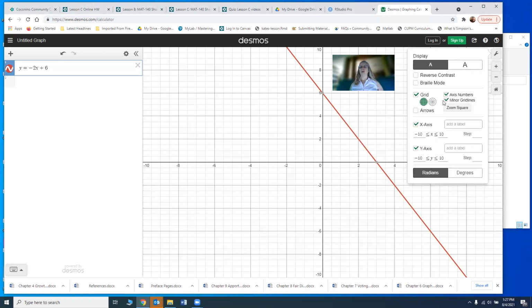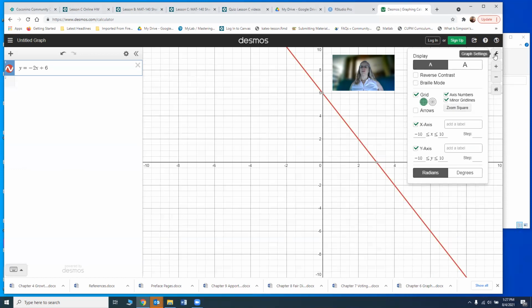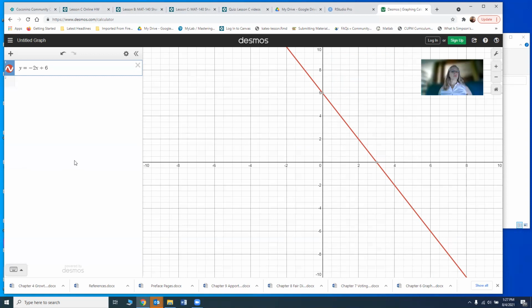You can also turn on your minor grid lines, turn them off, things like that. So there are different options you can do, and then you just click on the little wrench to get rid of that. So here's your graph, but if you also want to see a table of values, we can come over here,